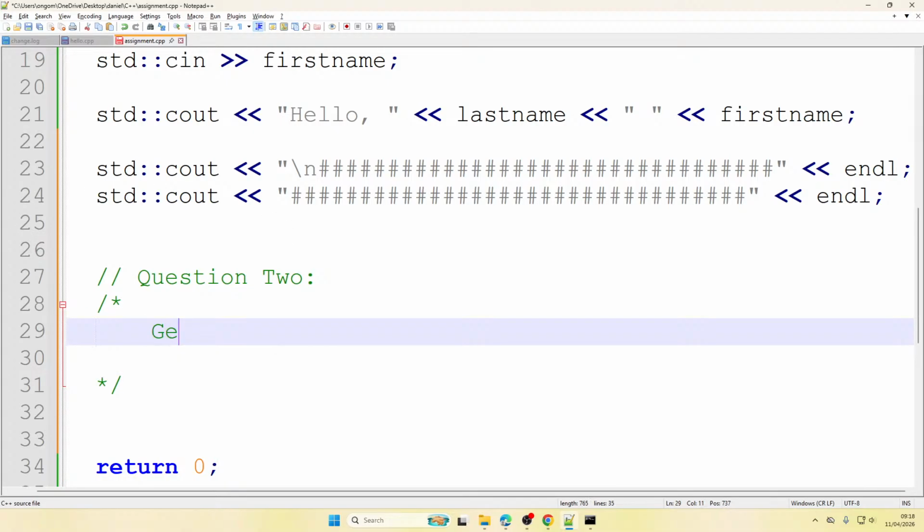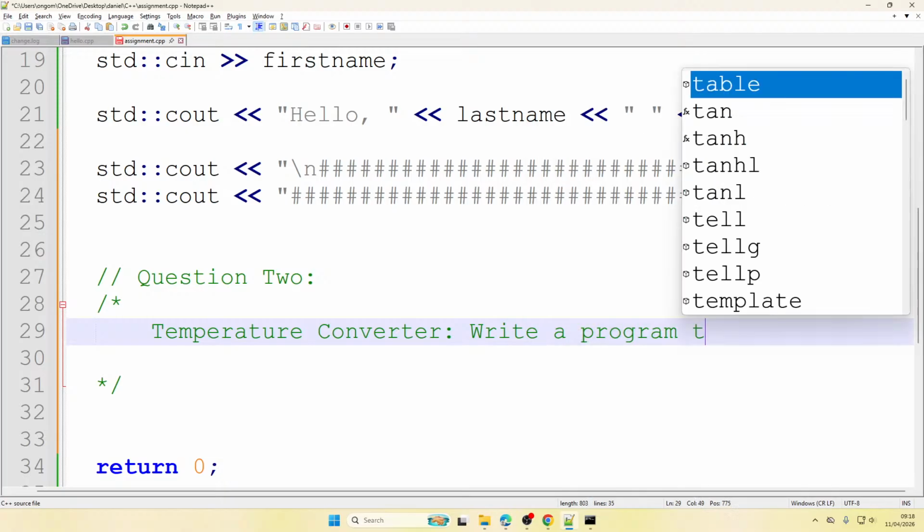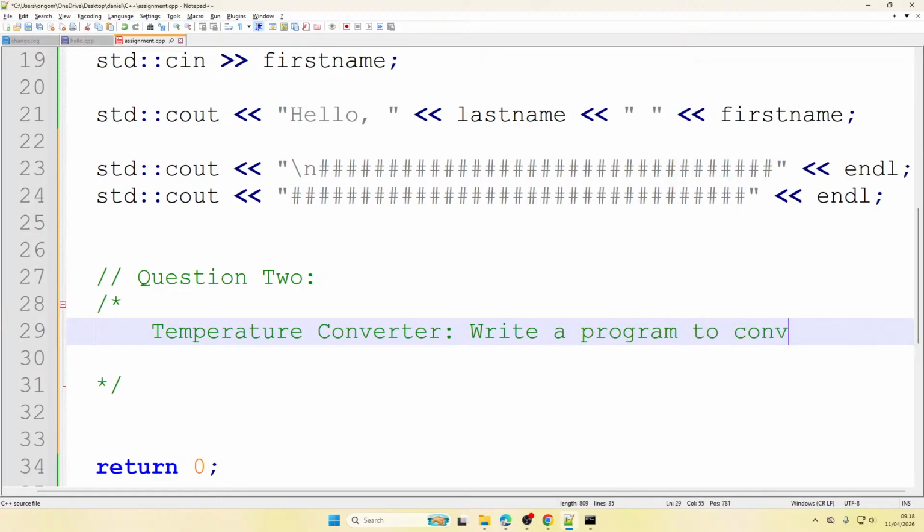So for the temperature converter, what we are going to do is convert from Celsius to Fahrenheit. So we can say, write a program to convert